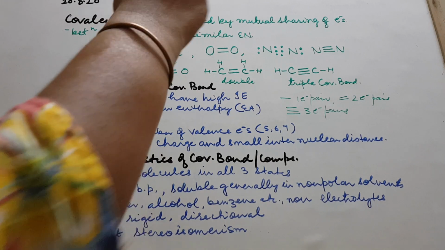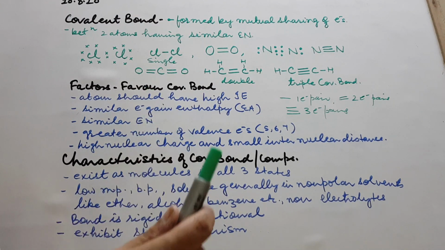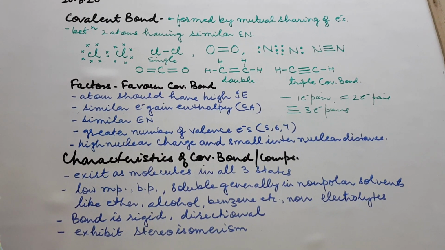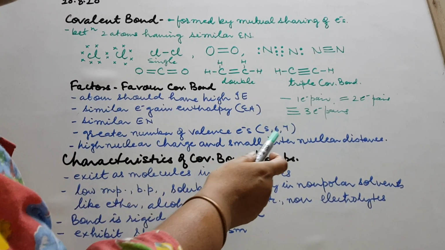Then they should have large number of electrons in their valence shell. Greater number of electrons in the valence shell, preferably 5, 6, 7. That does not mean those which have got lesser number of electrons do not form a covalent bond. No. But generally the H forms, H has just 1 electron in the outermost shell. So it's not that only these form, but preferably which have got 5, 6 or 7. Right? Atoms having 4 electrons also form covalent bond. Carbon, hydrogen, just 1 electron, but preferably greater number of electrons.